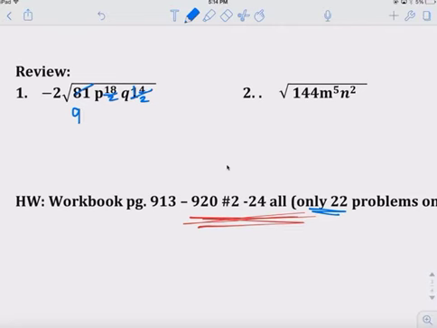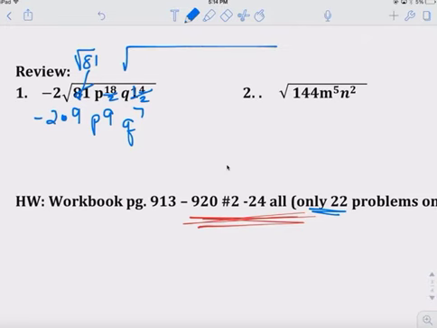So your answer is just negative 2 times 9, because square root of 81 is just 9. And p to the 18th power becomes p to the 9th, q to the 7th. Nothing remains inside. If you need to see it,